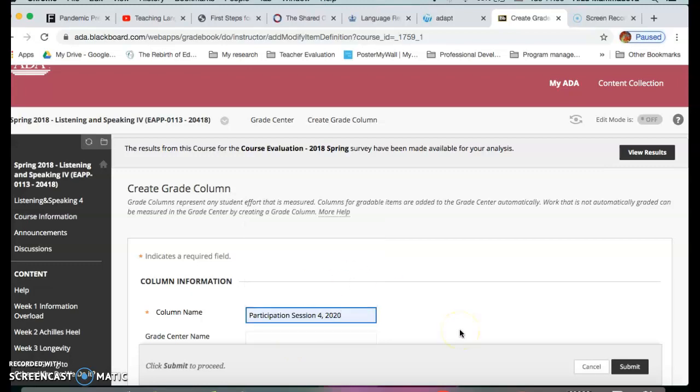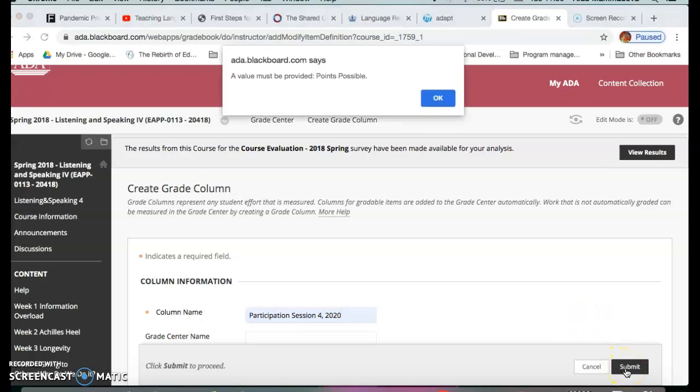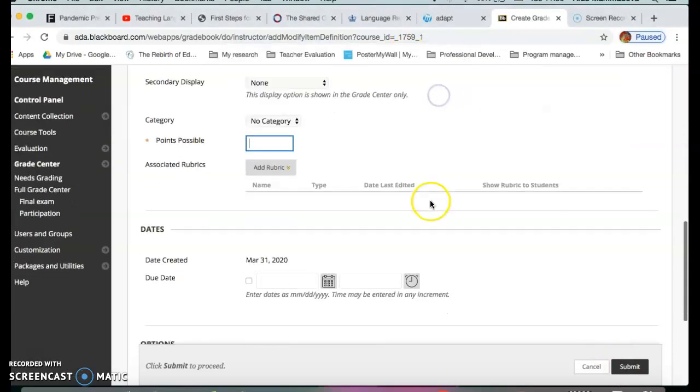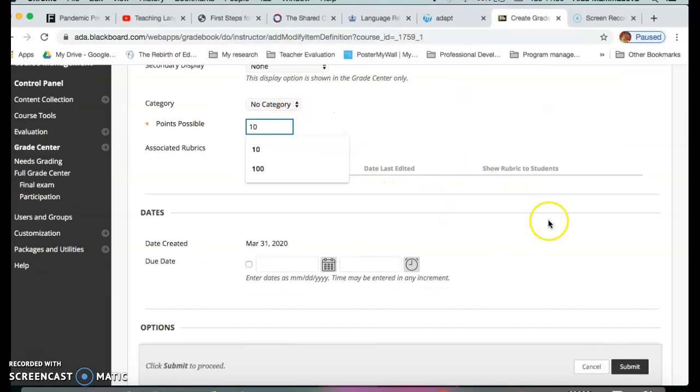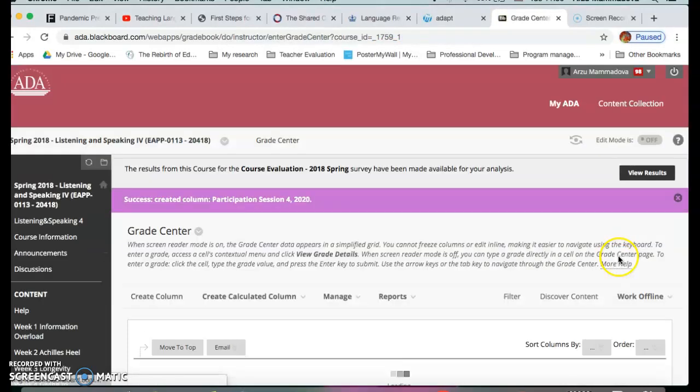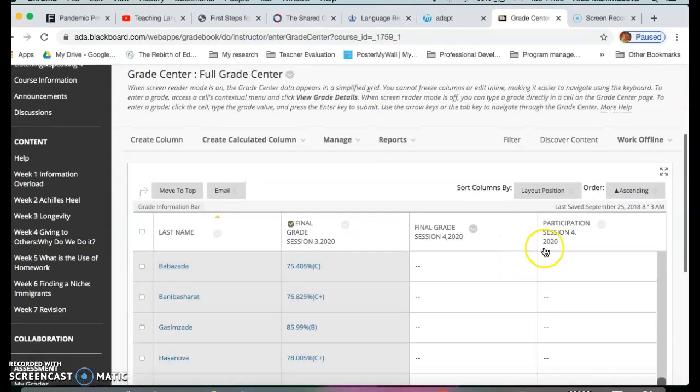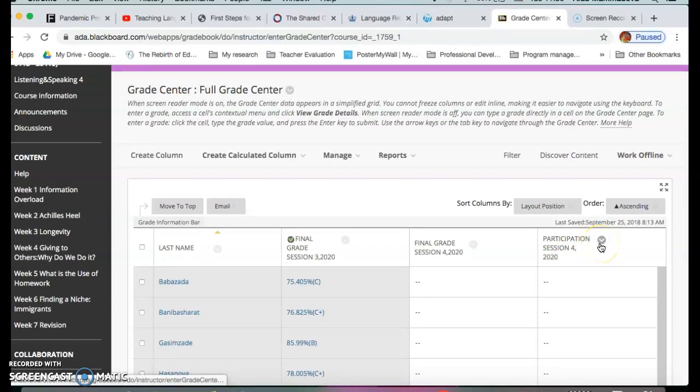We do the same, participation level for session 4, so that it's clear to you only that this is what you refer to for this session. Okay, I choose possible points 10 here. I submit it. And so we create it for all the graded components: participation, let's say speaking project, extensive